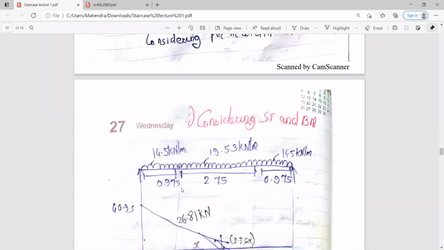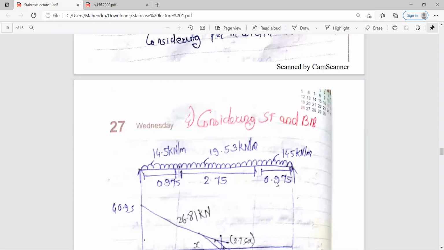This RB into this total distance. So RB into total distance, that is 4.7. As it is anti-clockwise, so minus RB into 4.7. Then this 14.5 load, 14.5 is nothing but the UDL. So W into L by 2. So 14.5 into